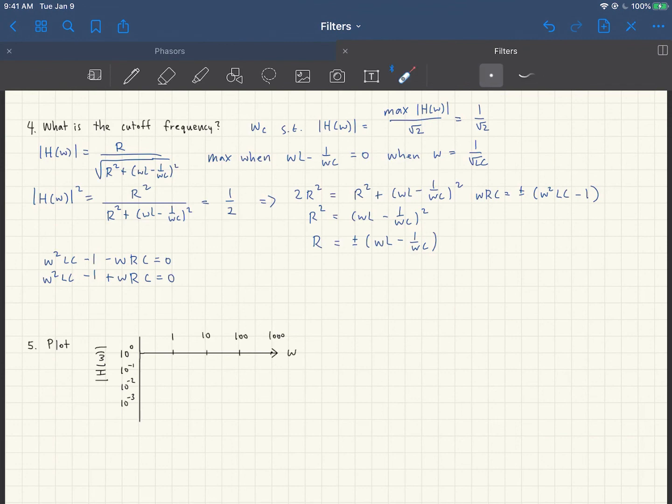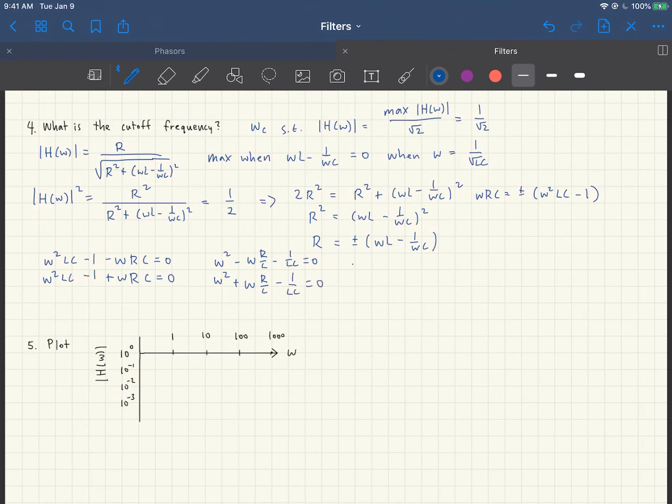Now here, I'll technically have 4 answers, but I'm only going to consider the positive ones, which means I'll get omega squared minus omega R over L minus 1 over LC is equal to 0, and omega squared plus omega R over L minus 1 over LC is equal to 0,